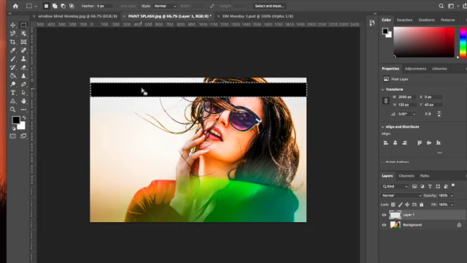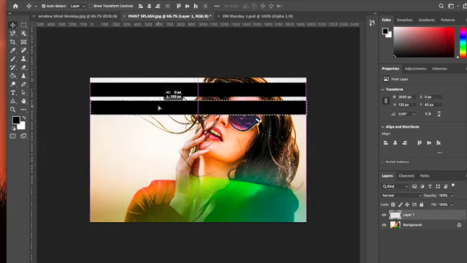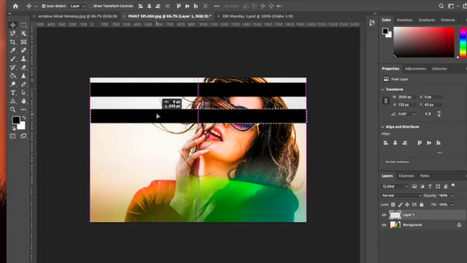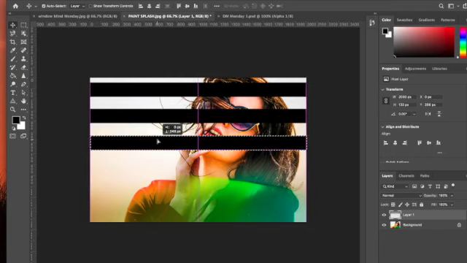If we hold down the shift key, then that is going to just keep everything straight. Alt will duplicate. We need the move tool selected. You can press V on the keyboard for that, and then we can just drag down, and then you'll see the dimensions so that you can accurately place your image next time that you drag it out. So then just keep dragging, because we want all of these to be on the same layer,